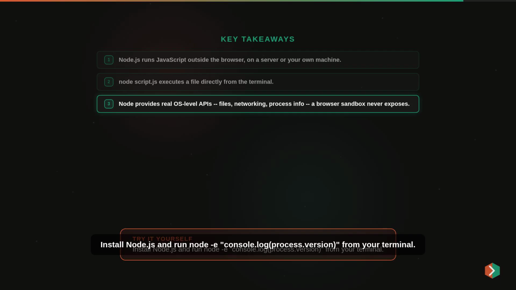Install Node.js and run node, console.log, process.version